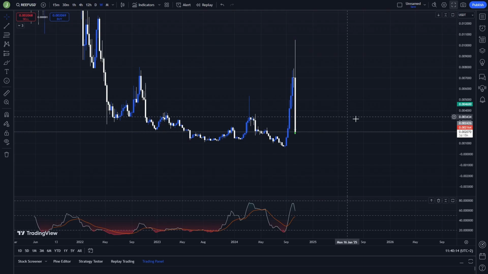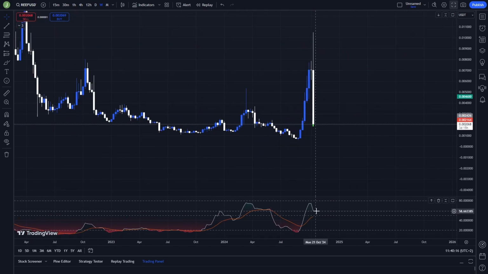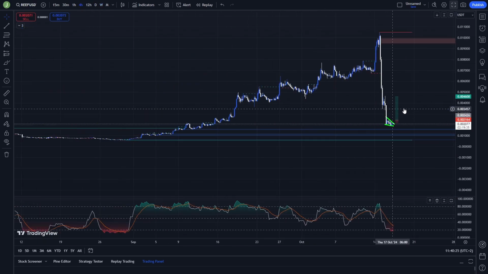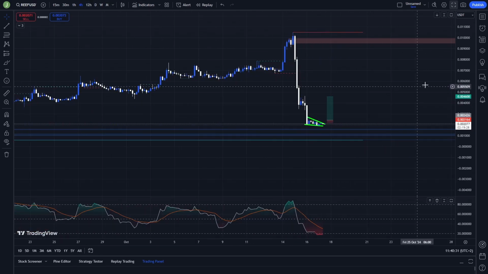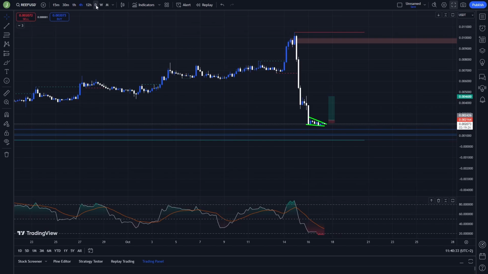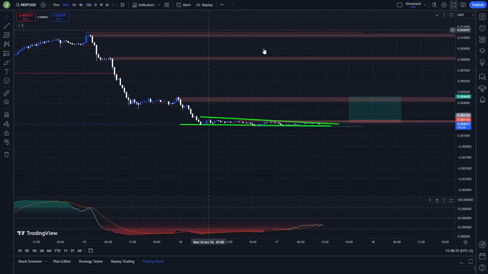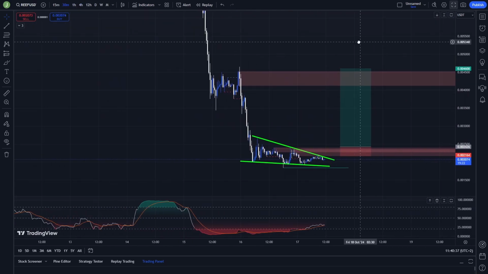Another strange thing is that if we take a look at a weekly time frame, you can see that the RSI is still overvalued, because on a weekly time frame we are at a level like 57. Of course, if we take a look at a 4-hour chart, you can see this coin is heavily undervalued, and I think these lower time frames you should definitely use more right now than, let's say, the higher ones. So I think that the 30-minute chart is right now the best chart that you can use to open here a trading position,